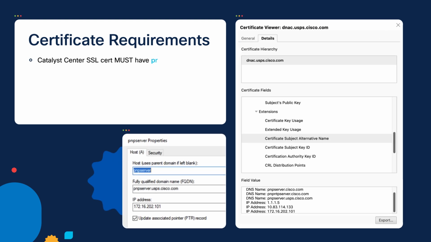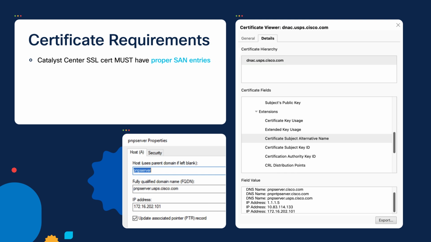Out of the box, when Catalyst Center is created, it uses an internal certificate authority to create a self-signed SSL certificate. Basically, that means that it's creating its own HTTPS certificate, but it won't be trusted by anybody because it doesn't use any trusted centralized certificate authority. It's just creating its own certificate. And that's usually okay, except when we begin communicating with it by using a DNS hostname instead of a direct